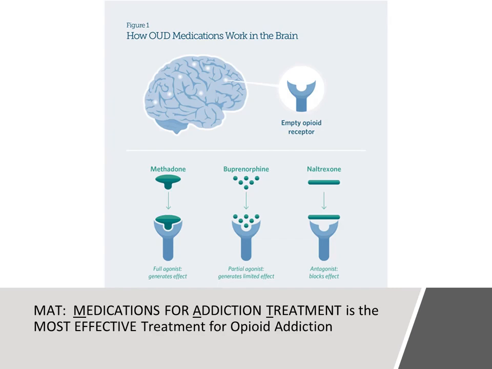Buprenorphine is actually a partial agonist. So as you see there, it binds a little differently, not completely, and really only sort of minimally activates the receptors. You also have opioid antagonists, which is naloxone or naltrexone, and that prevents other opioids from actually attaching to the receptor. So you can see there it does not bind at all, but prevents the binding of other opioids to those